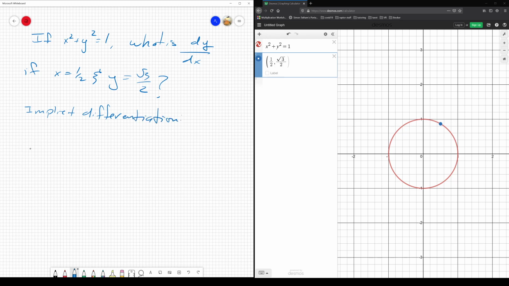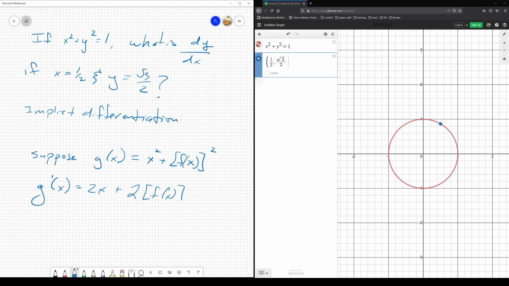So here's the idea. Suppose that some function g of x equaled x squared plus f of x squared, and I wanted to find g prime of x. So the derivative of g would be, well, the derivative of x squared is 2x, and the derivative of f of x squared, you use the chain rule. So you bring the 2 down, so you get 2 times f of x to the first times f prime